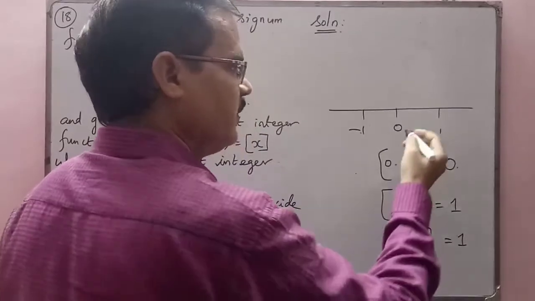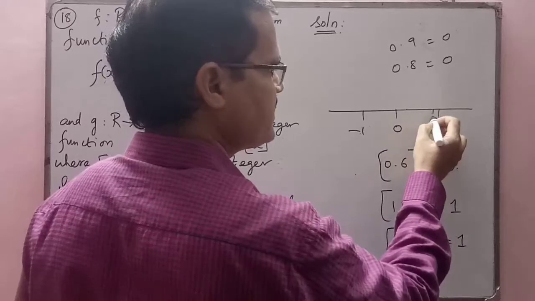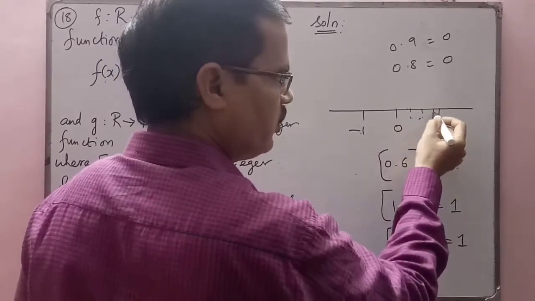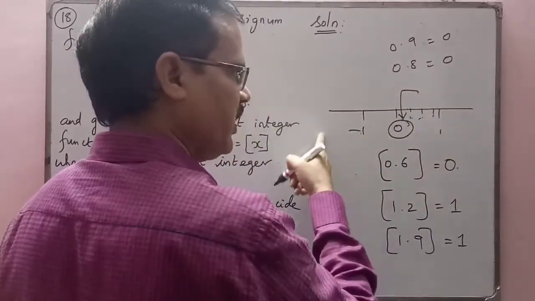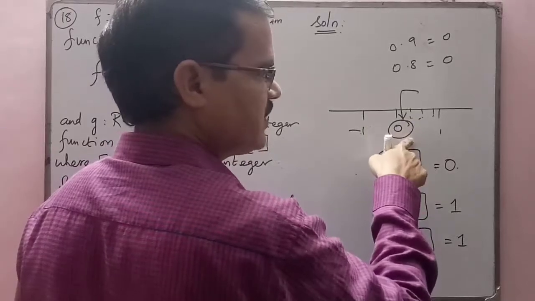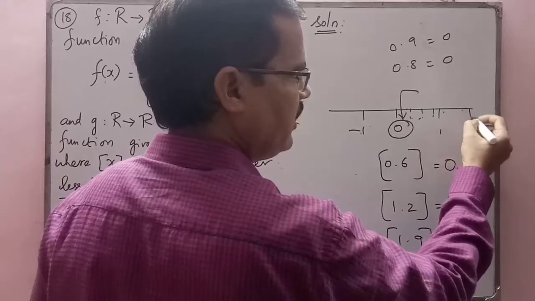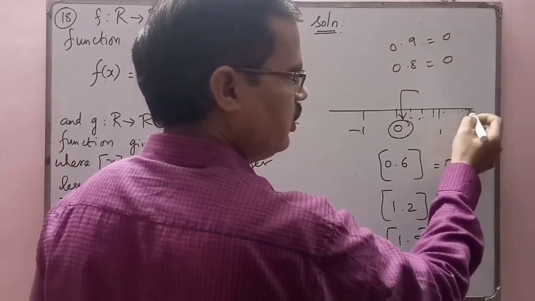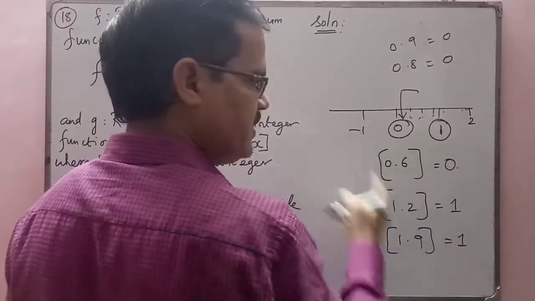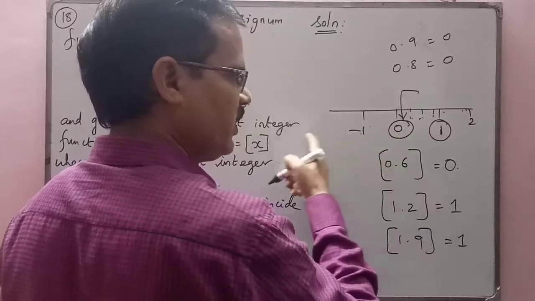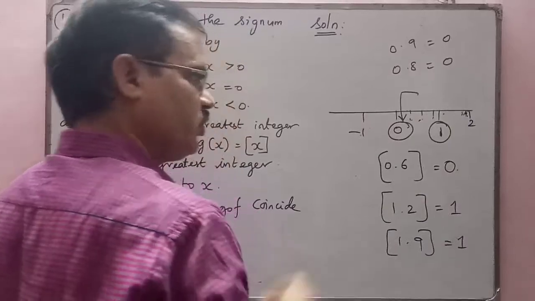So this means if you say 0.6, 0.8, 0.9, it will return only 0. So 0.9 is here, 0.8 is here, 0.6 is here. So your nearest greatest integer is 0. You have -1, -2, they are also integers. Which is the greatest integer? 0. Okay. Likewise, if you go for 1.2, 1.9, 1.99, whatever you go, which is your nearest greatest integer? It is 1. When compared with 1.9, you cannot take 2.